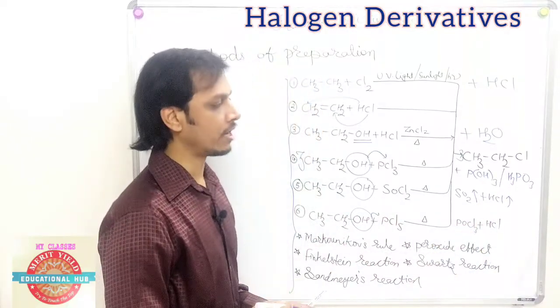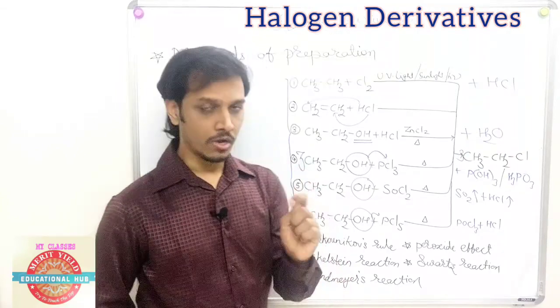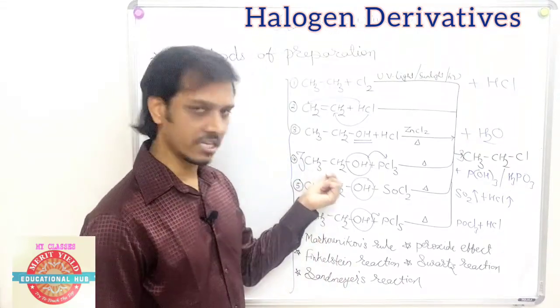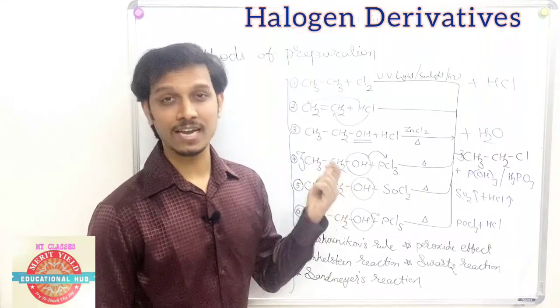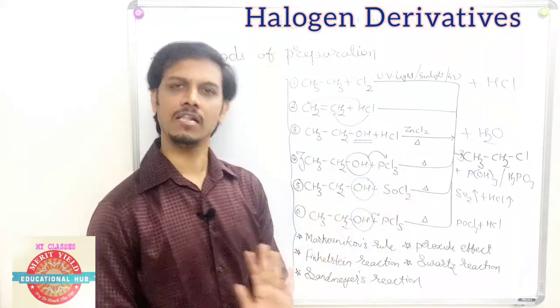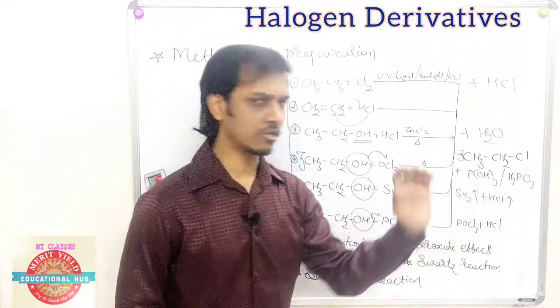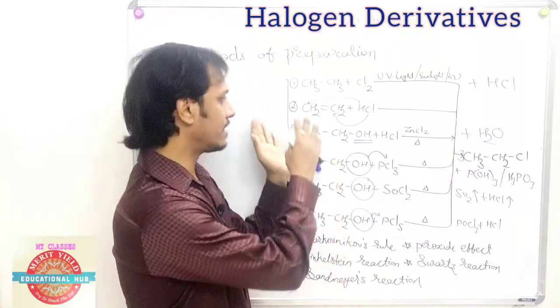And every time the main product we got is ethyl chloride. So if I change CH3CH2 to, say, an isopropyl group or a secondary butyl group, no problem. OH is going to be replaced by Cl, that's all. And the remaining byproduct is also the same. The remaining skeleton of carbon is also the same. So remember that, and these are the examples.